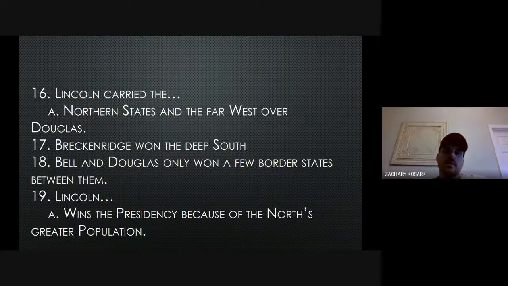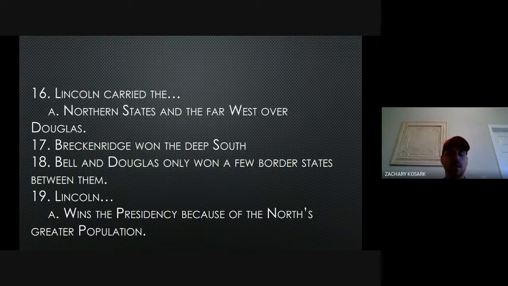Bell is the Constitutional Union Party. Stephen A. Douglas is the Northern Democrat. What I was saying earlier about it being hard to find that middle ground is because Lincoln is running on a strong platform of we do not want to expand slavery, no exceptions. Breckinridge is running on a platform that says we want to expand it everywhere. The other two, Bell and Douglas, are in the middle. They're saying, well, we kind of want this, we kind of want that. Like, I don't really know. That's not going to get anybody's attention, and that's not going to get a lot of people's support. If you want to really draw people in, you've got to take a stance. A lot of times, especially in a big national presidential election, you've got to either say, yes, I support this,